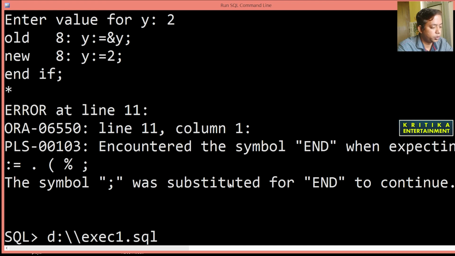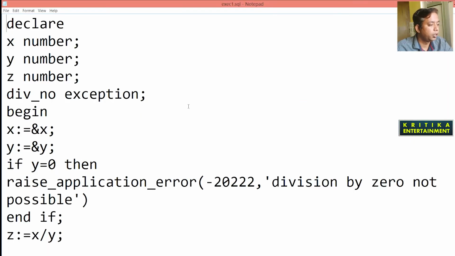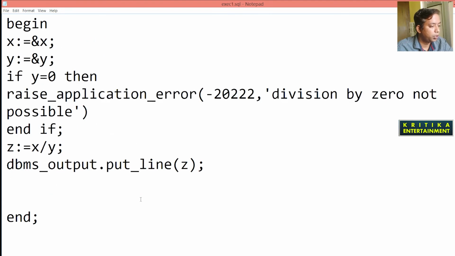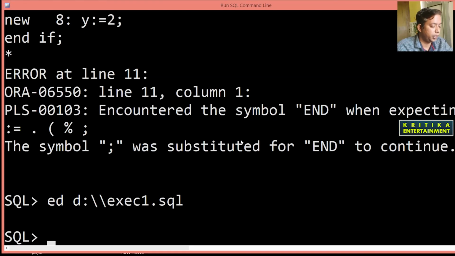Here, dbms_output and if, you have not given the semicolon here, so I'll put the semicolon. Then I will save this, close, and run this again.